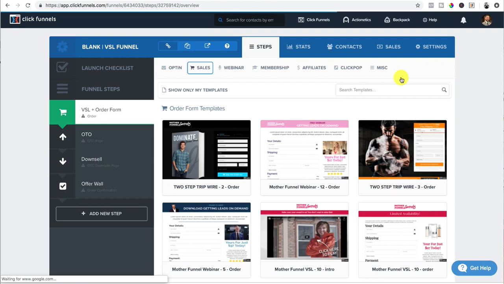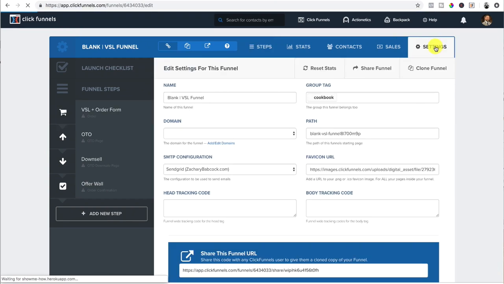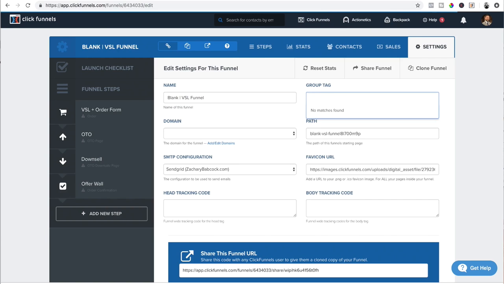All right, now it's loaded up here. And before I even start building out the funnel, before I even start building out the sales page, I want to go to my funnel settings, which is right here, the top right, and I need to make sure that I have this all set up right. So first and foremost, I would name the funnel just so I can recognize it inside, because if you have a lot of funnels, you can get buried somewhere. And if you want to group tag it, you can put it in there. Like I have stuff under Zachary Babcock,